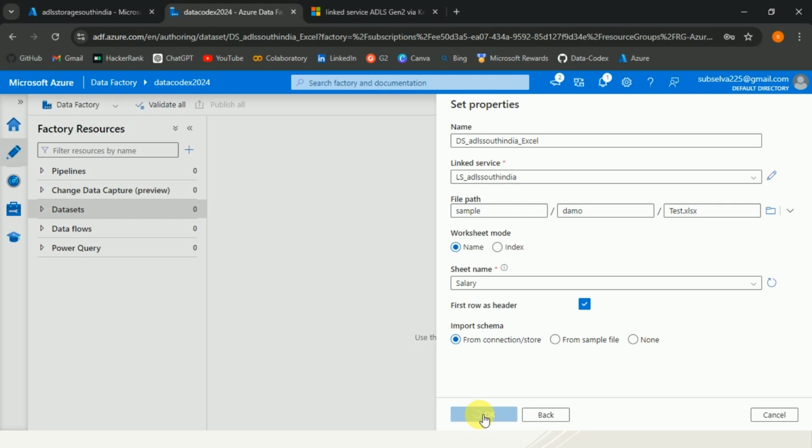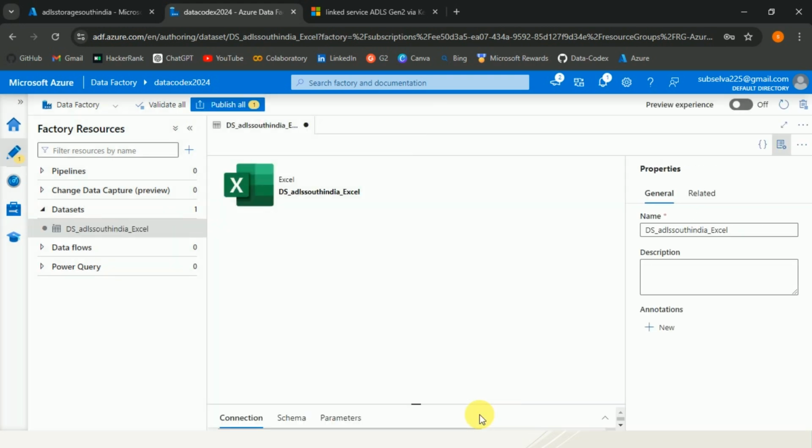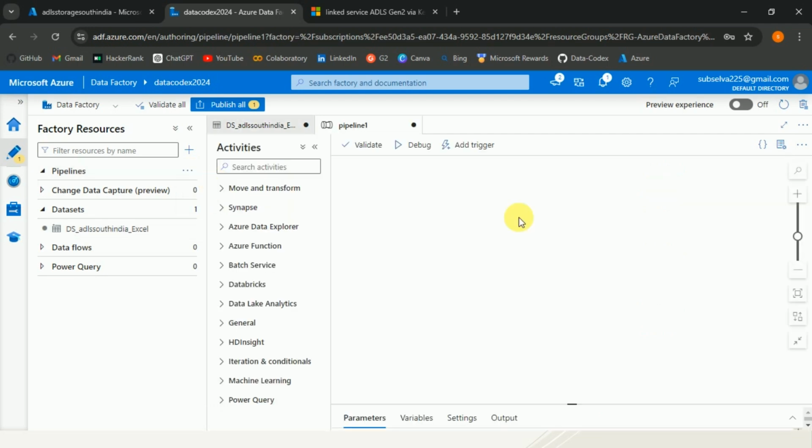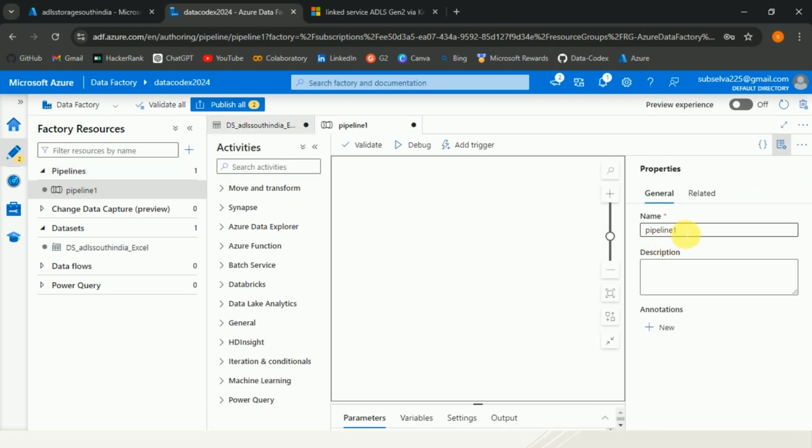So this is one way to create a linked service and a dataset in Azure Data Factory. We can also create the linked service and datasets during the copy activity. So let us create that as well. Let me create a new pipeline. You can provide the name for your pipeline. So let me provide p_ADLS